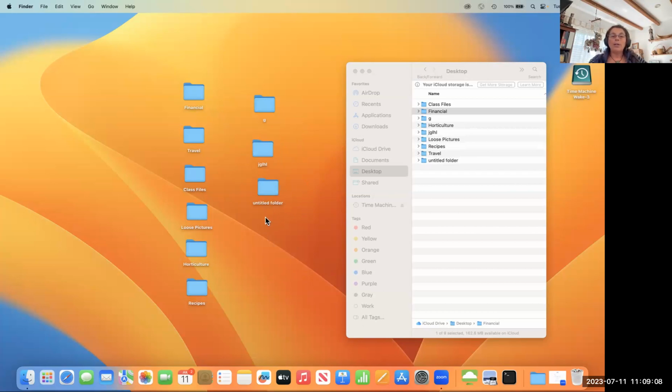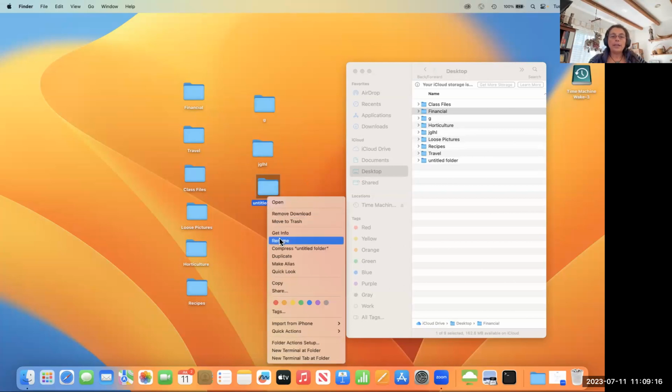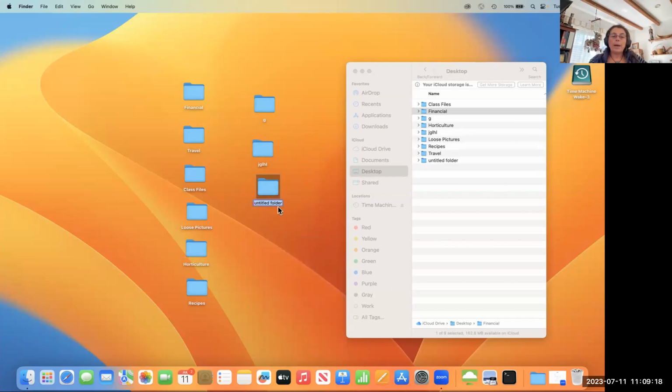So now I have to reselect it and it's dark blue. It's not changeable. Then I have to right click and rename. Now it's back to being light blue. Now I can rename it. Does that make sense? So now that these have been created with the wrong names, when I click on them,